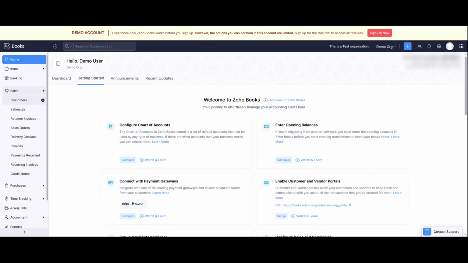If you run a business, manage invoices, or work in accounting, knowing how to quickly generate customer statements in Zoho Books can save you a lot of time and help keep your records organized. I'll walk you through the entire process, from navigating to the customer section, all the way to emailing, downloading, or